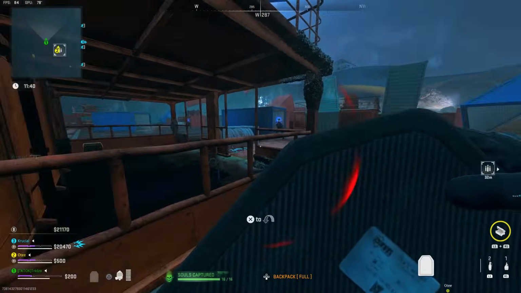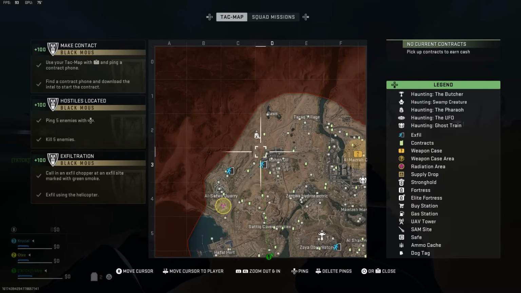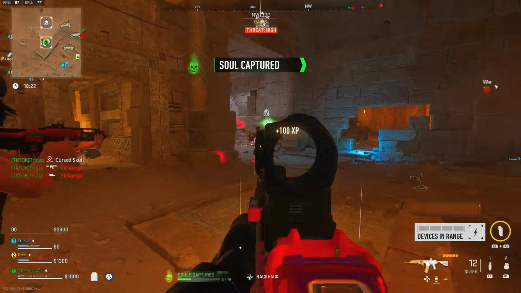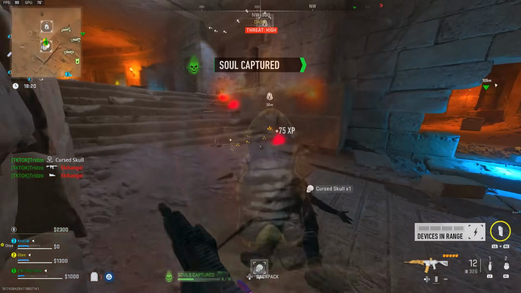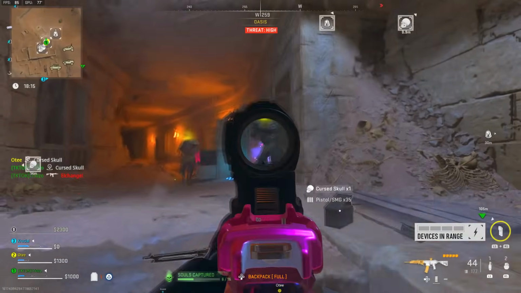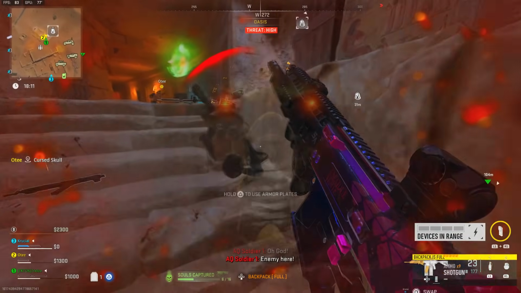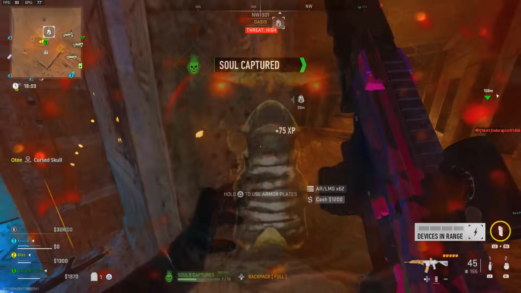Next one that we have is going to be the Pharaoh. He's going to spawn in at the Oasis, usually at the very top. Depending on where you spawn in DMZ, you may want to do him, you may not want to do him. It really depends. Sometimes you spawn at the very bottom and it's just not worth it. If you spawn somewhere near him, then maybe it's a better opportunity for you to fight him, but you're going to want to head on over there, and all you really need to do is once you get in there,